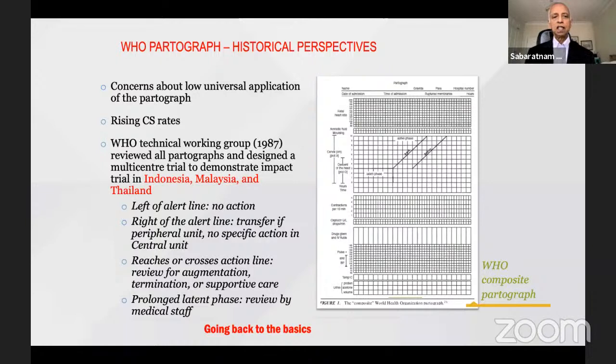So they decided to have a working group in 1987, which I was part of. And we decided to do a trial comparing these in Indonesia, Malaysia, and Thailand. And the principle was, if she is left of the alert line, no action. If it is right of the alert line, transfer from the peripheral unit. And if it reaches the action line, 4 hours to the right, then you artificially rupture the membranes and give oxytocin. And regarding prolonged latent phase, we said 8 hours, but we can allow the staff to decide what is